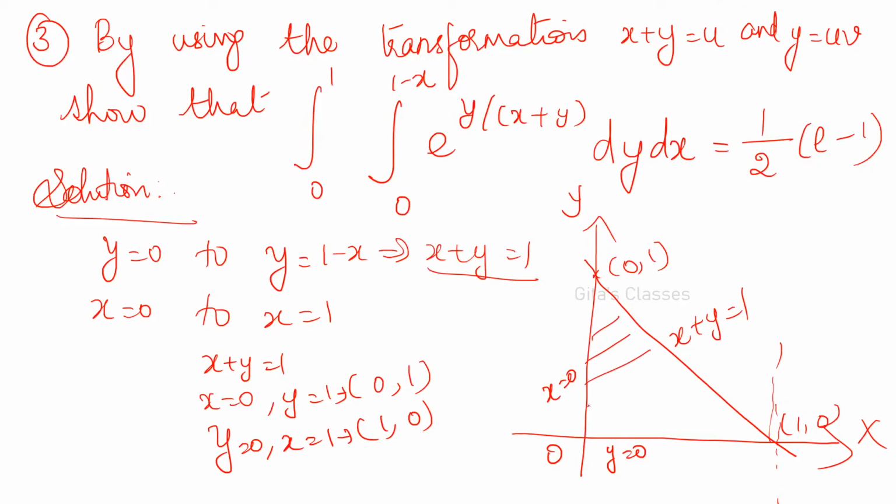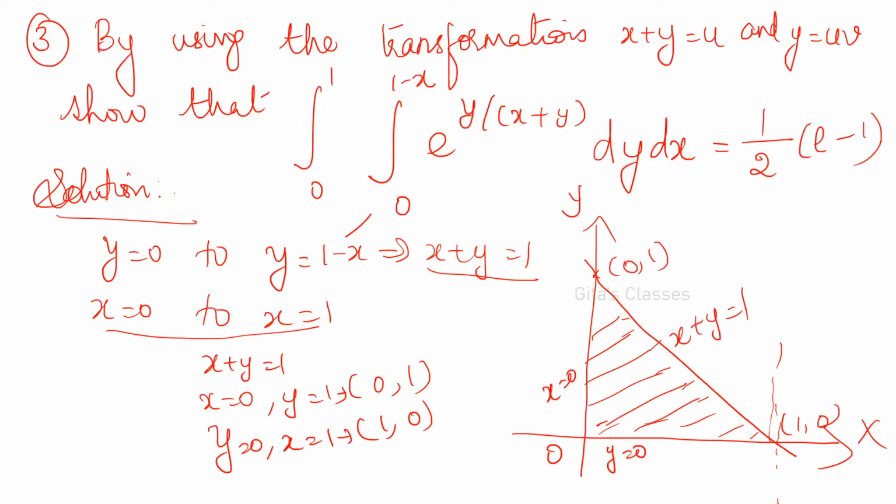Because the given order is dy dx, and whenever you are writing the limits, I asked you to check the limits, right? So check the region whether you have drawn correctly or not. Now according to the given question, they have considered dy dx, so vertical strip, and from the vertical strip y is equal to 0 to 1 minus x. Yes, it is correct. So the first limits are right. And left to right, left it can come up to x is equal to 0, and right hand side it can go up to the point 1 comma 0 in which x is equal to 1. That is why x is equal to 0 to x is equal to 1. These are the limits.